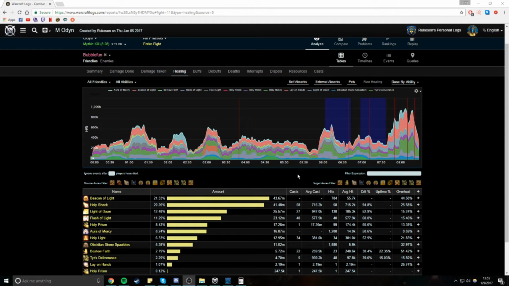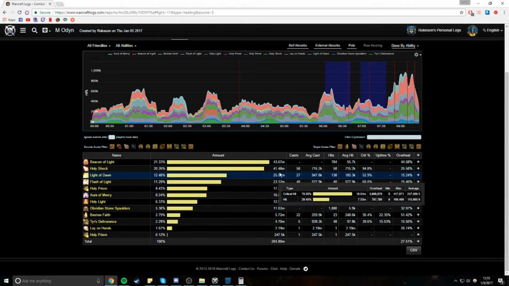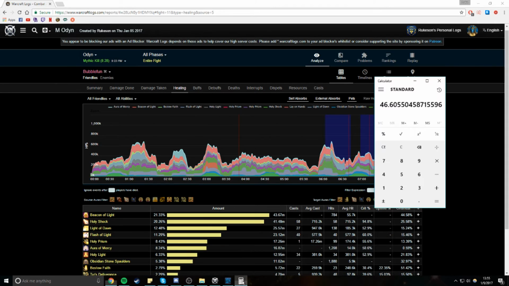So for Holy Paladin specifically, I know that I am supposed to get as many Holy Shocks off as I possibly can to maximize my healing, as well as as many Light of Dawns as I can. So we can make some simple calculations here. We can see that the fight time was 8 minutes and 28 seconds. So we're going to take 60, which is the amount of seconds in a minute, of course. We'll multiply that by 8, and we're going to add 28 to that to get the total fight time in